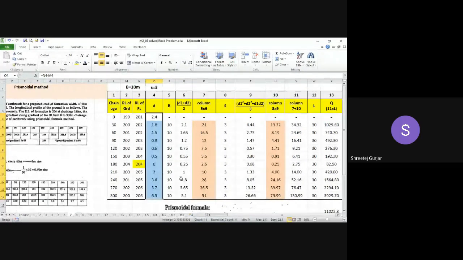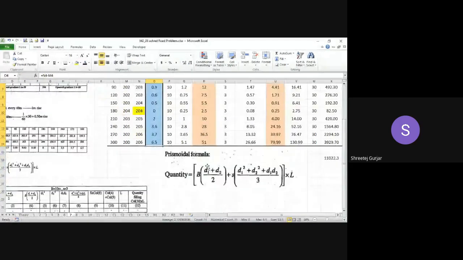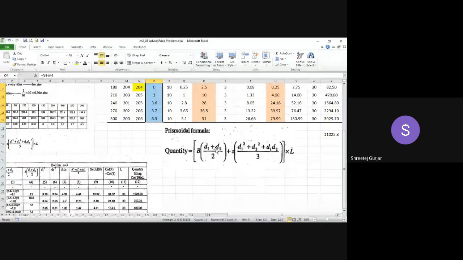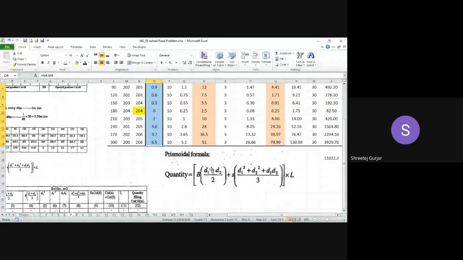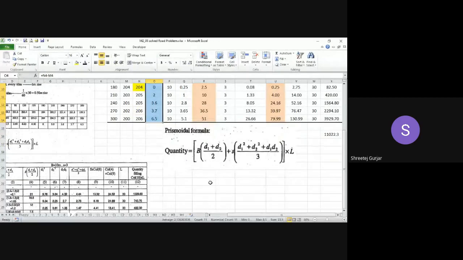So I think we can continue with the next formula. This is a Prismoidal formula wherein we have to consider each section separately. You can observe in the formula that we are considering D1 plus D2 by 2, meaning they have considered that our road has only two sections, the first and the last. If you have multiple, you have to continue it, D1 plus D2, or D2, D3, D4, D5. That way you have to continue. So this is for individual sections you are calculating using the Prismoidal formula.